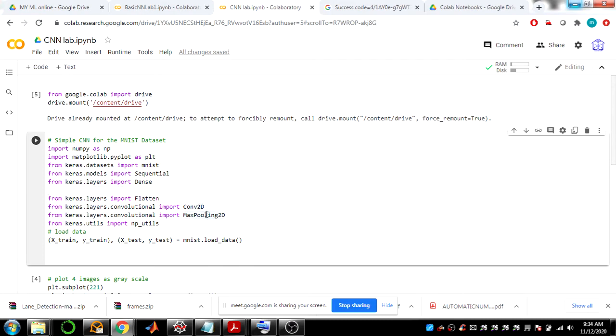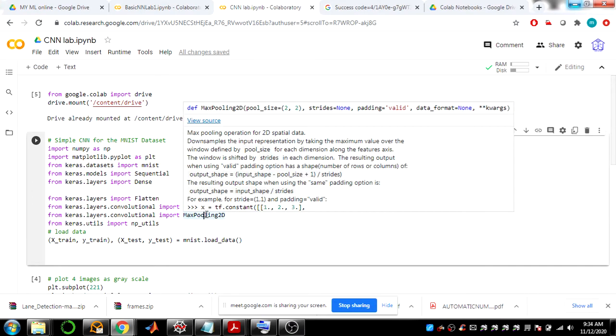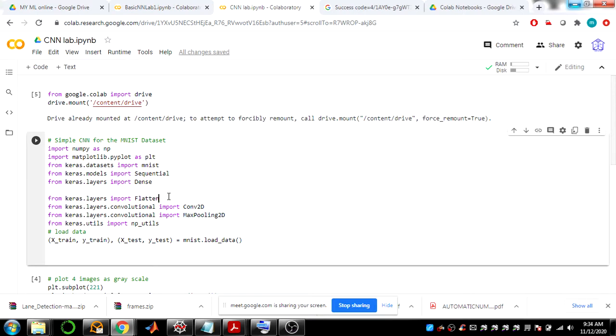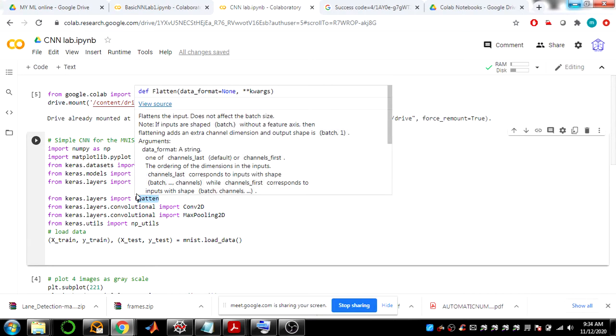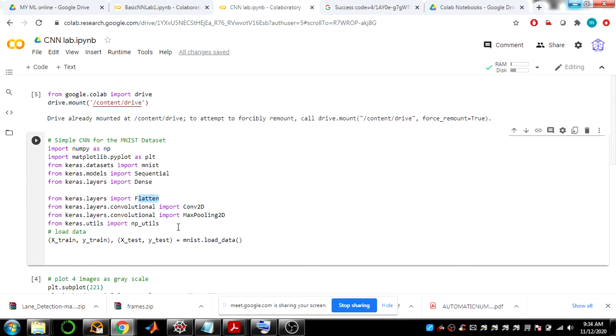Then max pooling to reduce the dimensionality. It will take the maximum value from a specific set of the matrix, based upon the size of the matrix you choose. Then what will the flatten layer do? As you said, it will convert a two-dimensional array to a one-dimensional array. Fine.